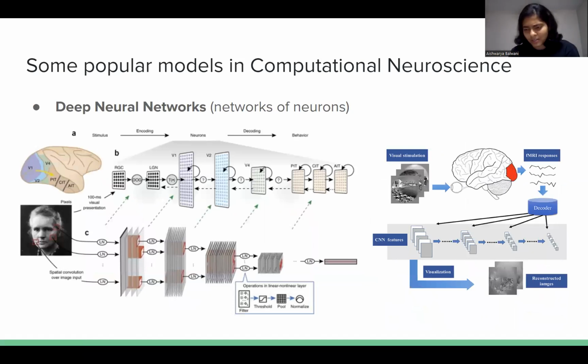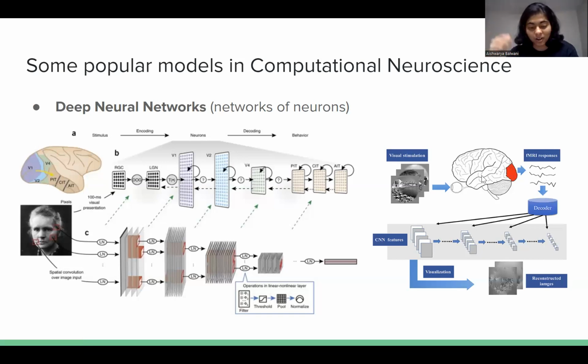And finally, what is perhaps most popular nowadays are models known as deep neural networks. A bunch of you might have already heard of them or seen them in different contexts, but there are these networks called convolutional neural networks, which were first proposed in the late 1990s as a method of processing visual inputs like how humans or even other mammals do. Given the progress we've made with them, these models do a very good job of not only replicating the function of visual processing in the human brain, but they also do a fantastic job of taking in